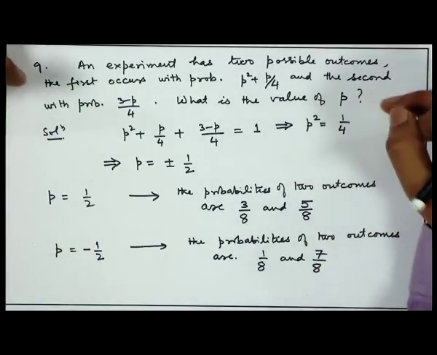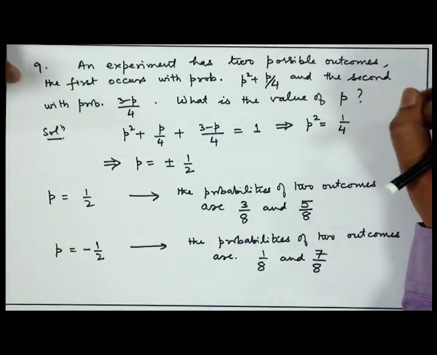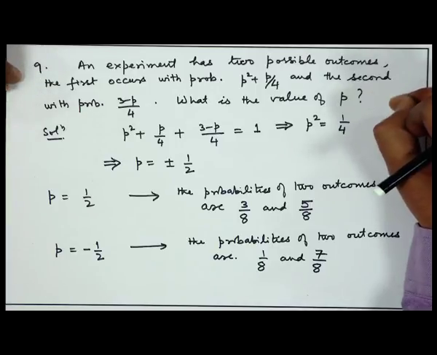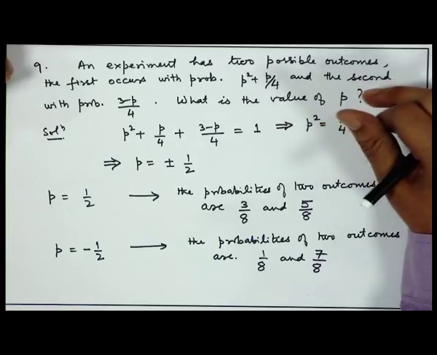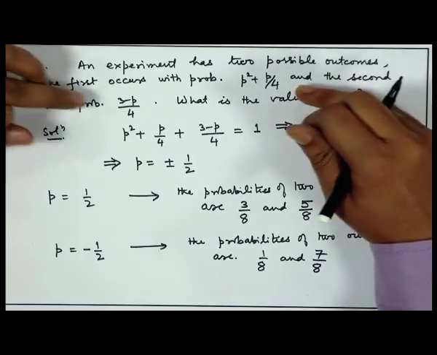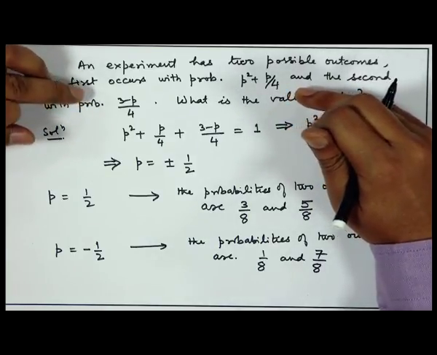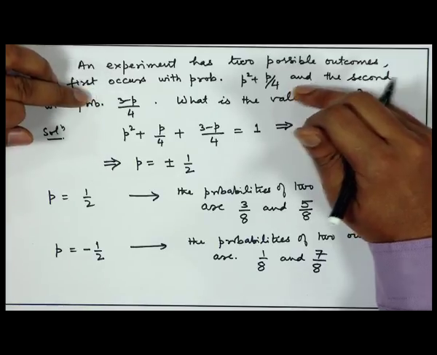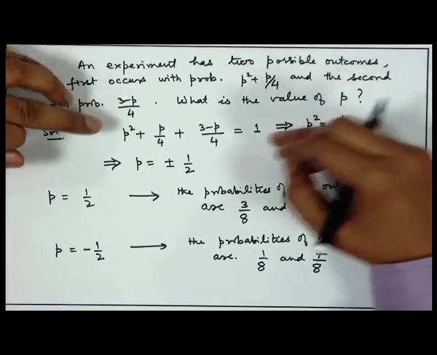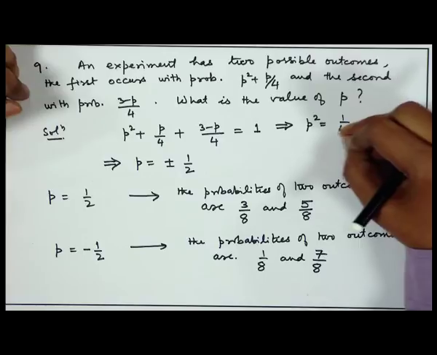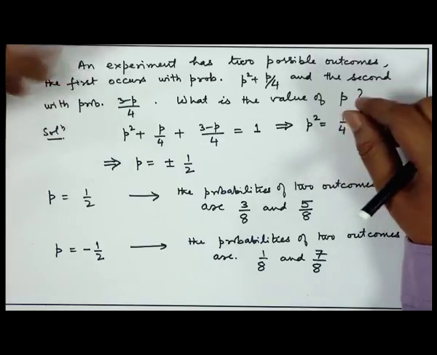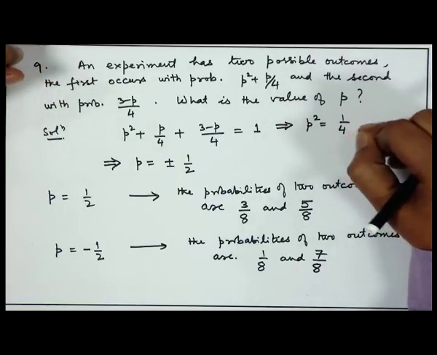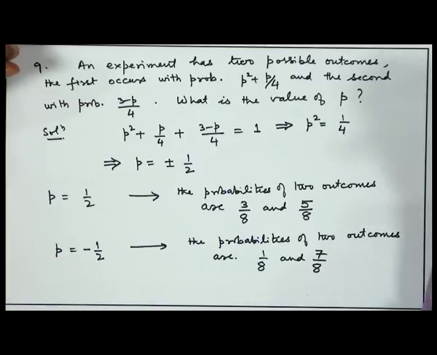Now you see this problem is an illustration of the exhaustive nature of the outcomes. That means I have all the outcomes listed. In this case I have made it simple, we have only two possible outcomes. Using that property we are able to solve a certain equation. Of course, the equation becomes extremely simple, it is simply p square is equal to 1 by 4.